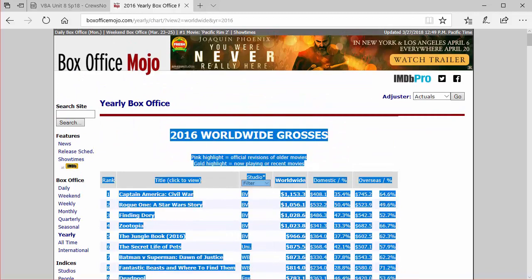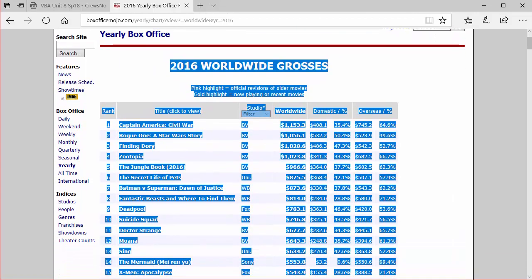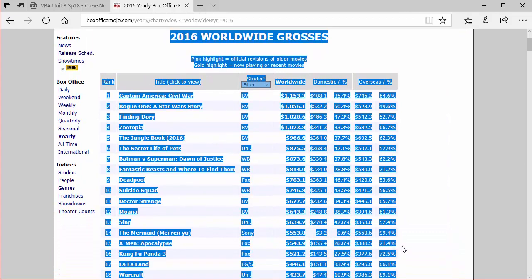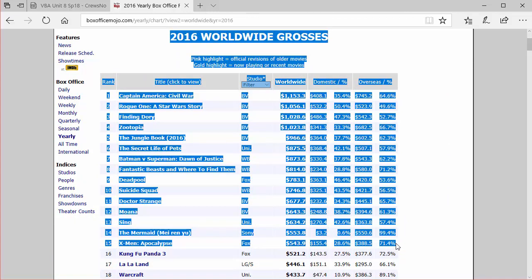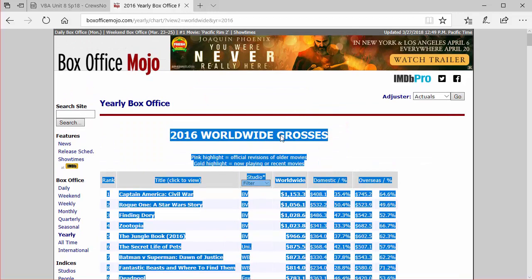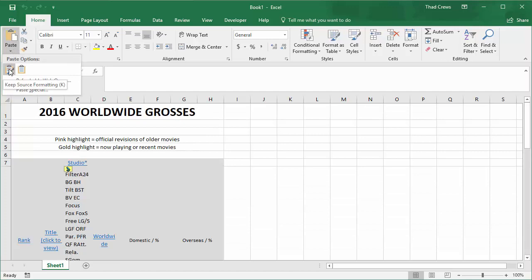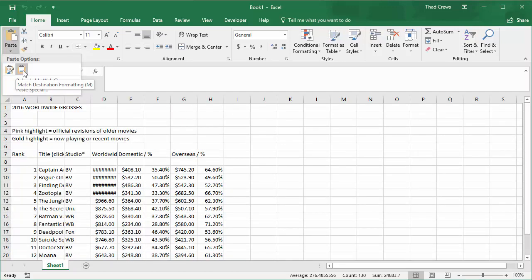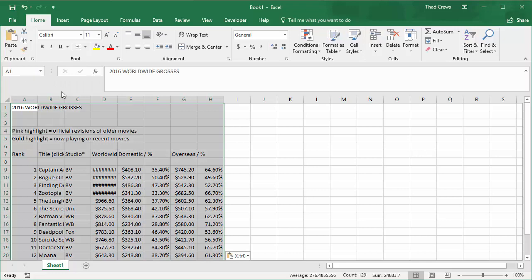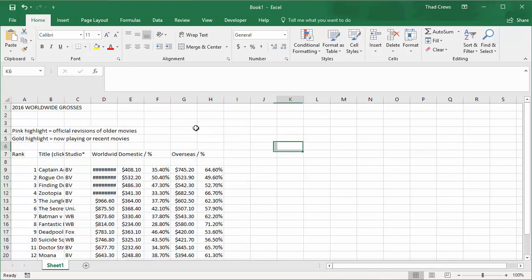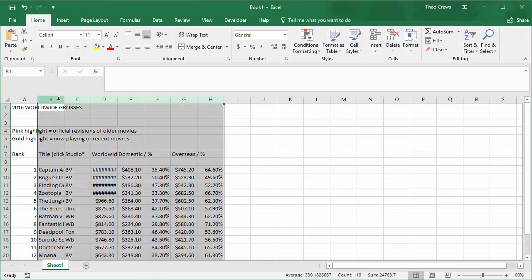So I'm going to highlight the first 15, which takes us down through X-Men Apocalypse. And then I'm going to copy that and paste that into Excel. Now, when we're in Excel and we're pasting this, Excel will give us two options, the keep source formatting and the match destination formatting. We want to do the match destination formatting